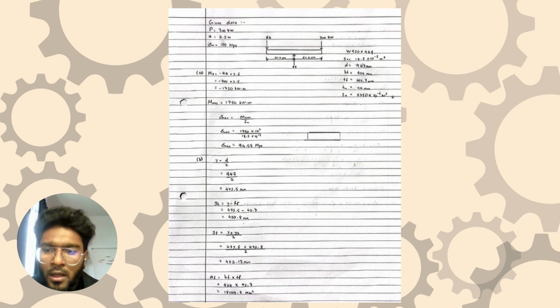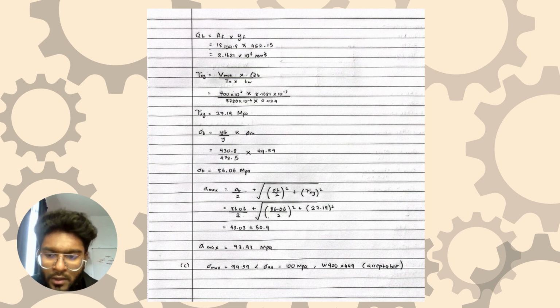Then for B, we use shear stress calculation. First, we need to find the neutral axis y. Second, we determine the distance to the centroid of the flange y. Then we use the average y for the Q, and we find the area of the flange. Then we find the first moment of area Q. Then using the shear stress formula tau xy, we find the